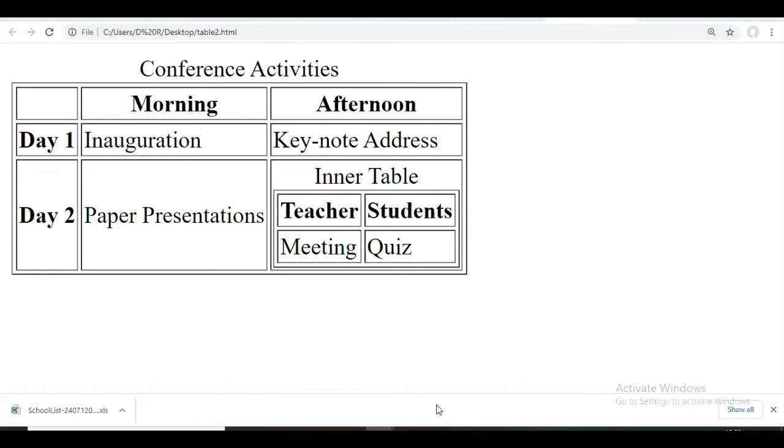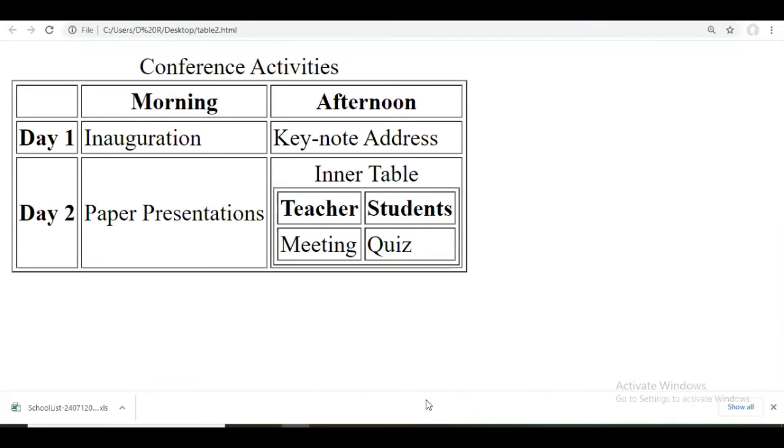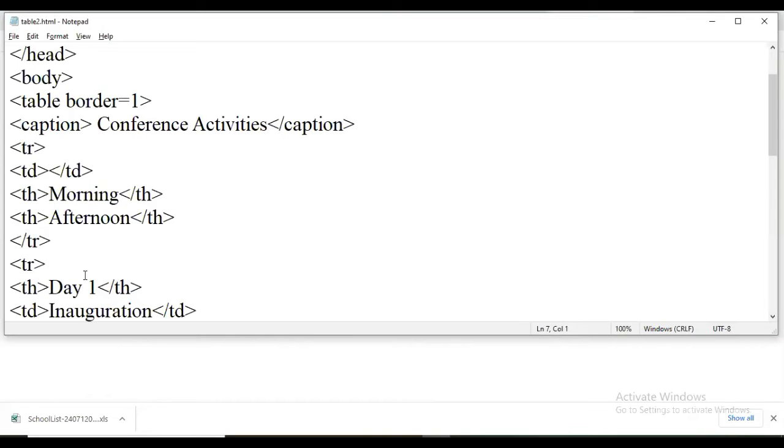So we have first created the caption for the outer table, that is conference activities. So that conference activities you can see here. Then we can start with TR and TD of this outer table.